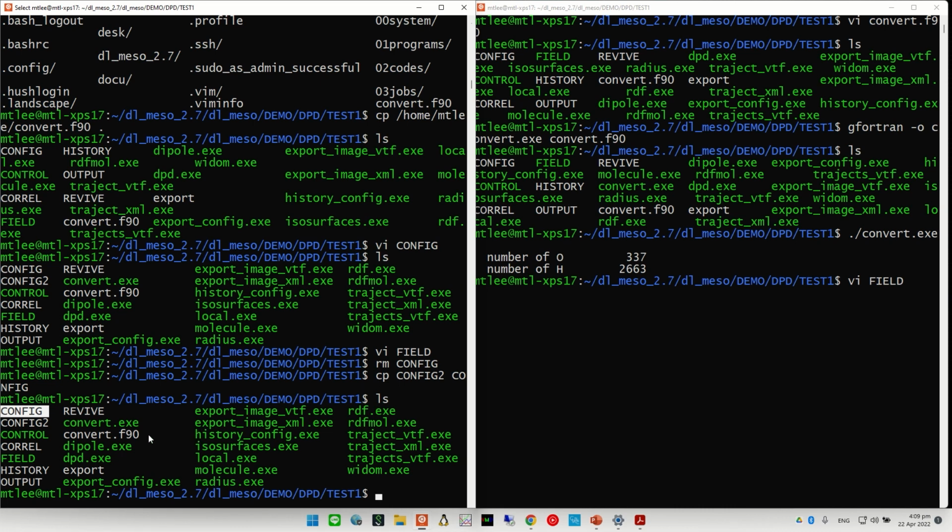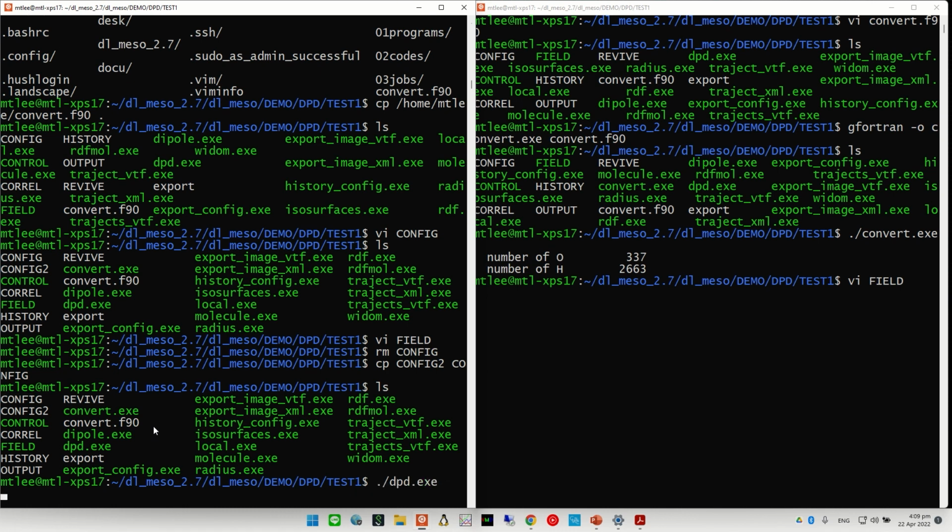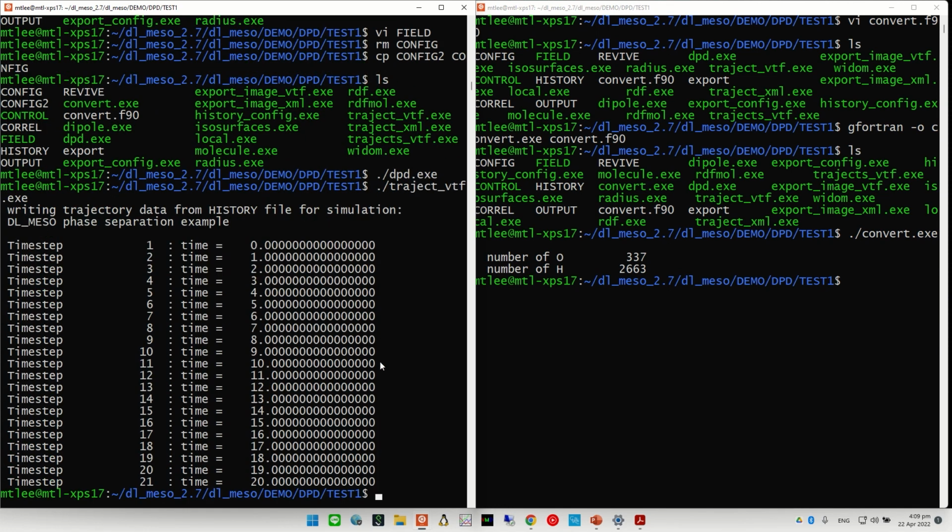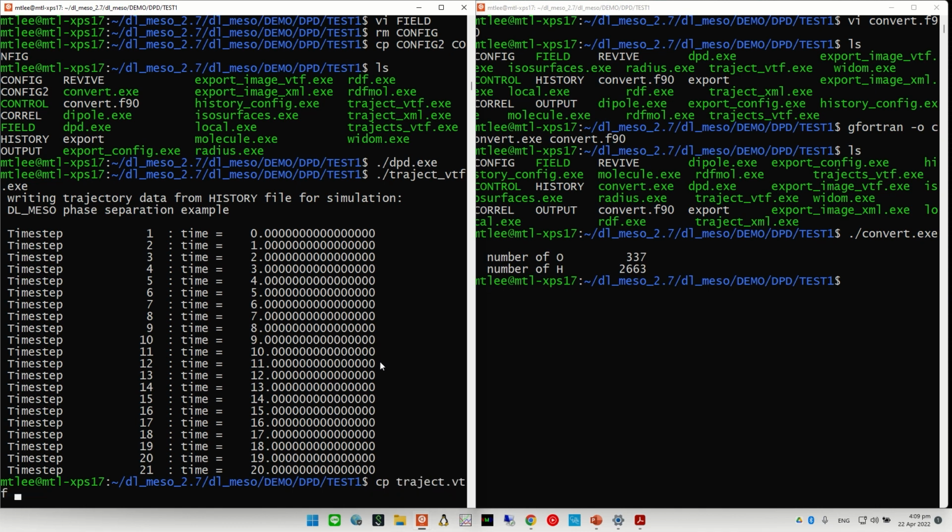It won't generate the random configuration for you. Okay. So again, I'm running just 2000 steps and finish. And I also want to run the trajectory VTF.